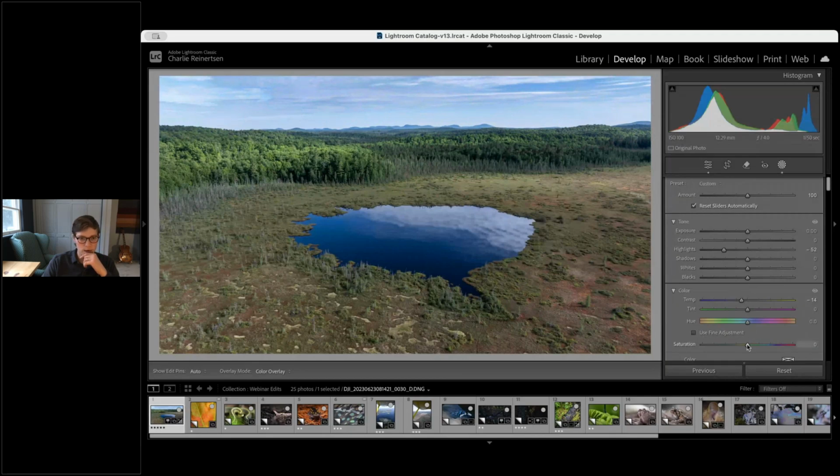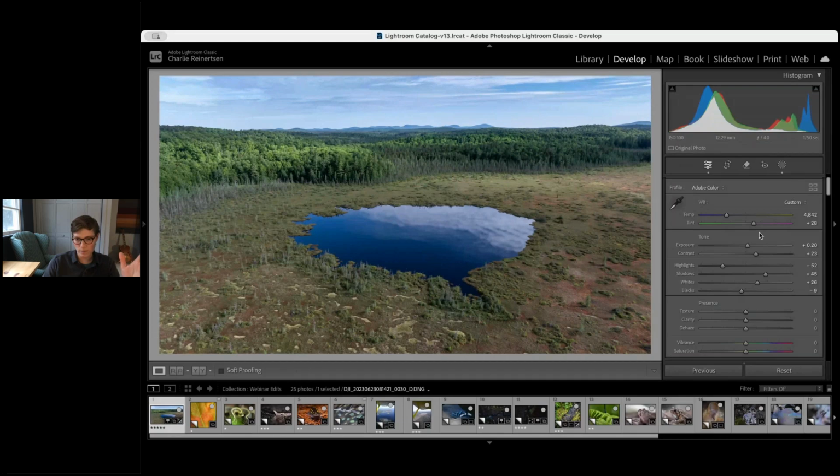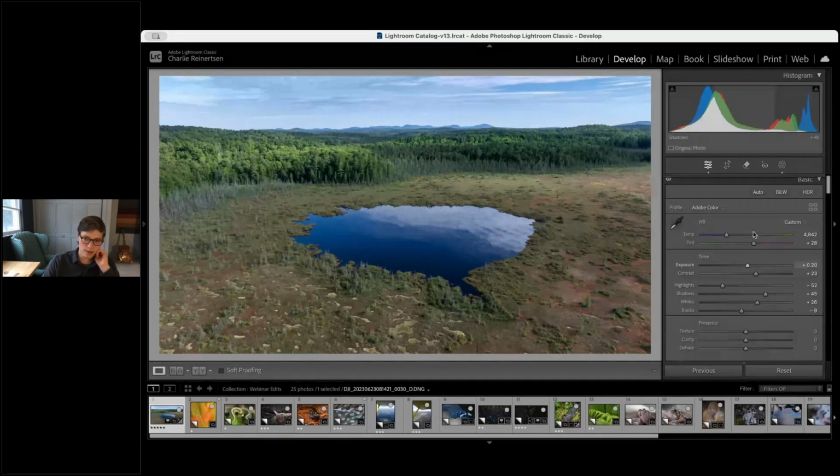You can even do a tiny bit of a boost of saturation. And to me, that's a little bit more to what I was experiencing on that day. So we're just going to go back into the main slider, main panel here, just to give you a little